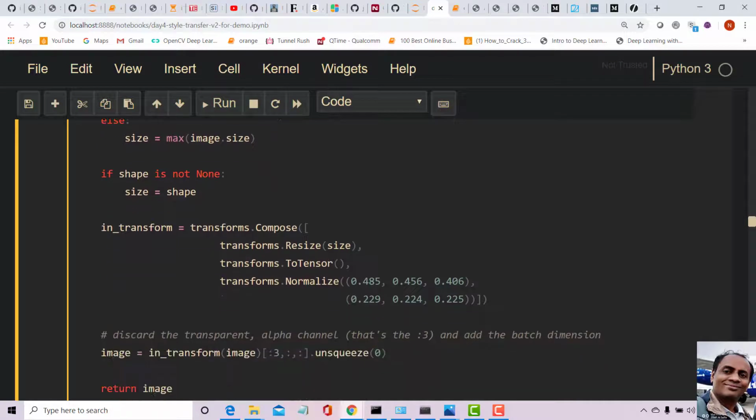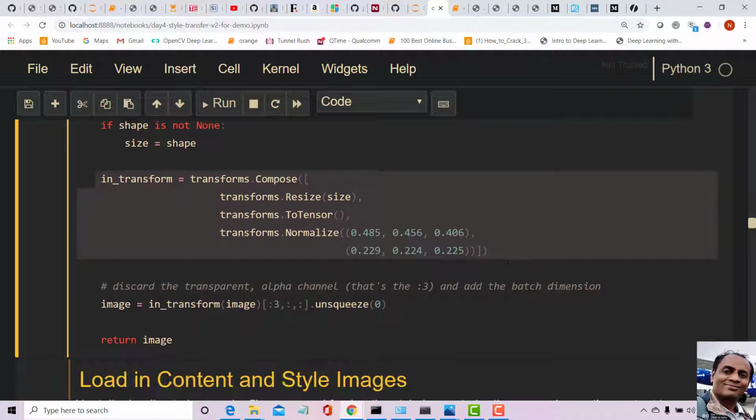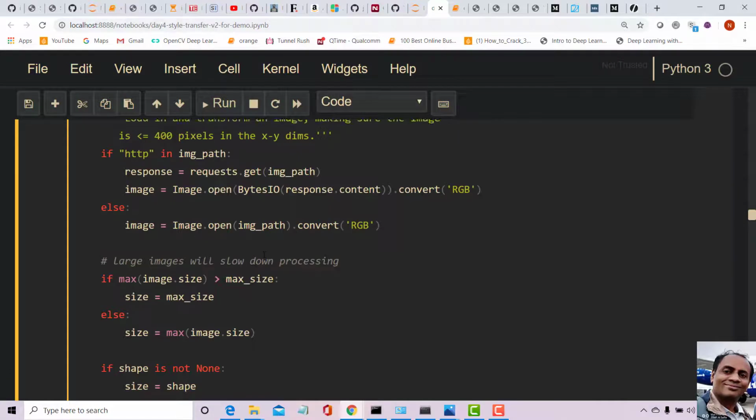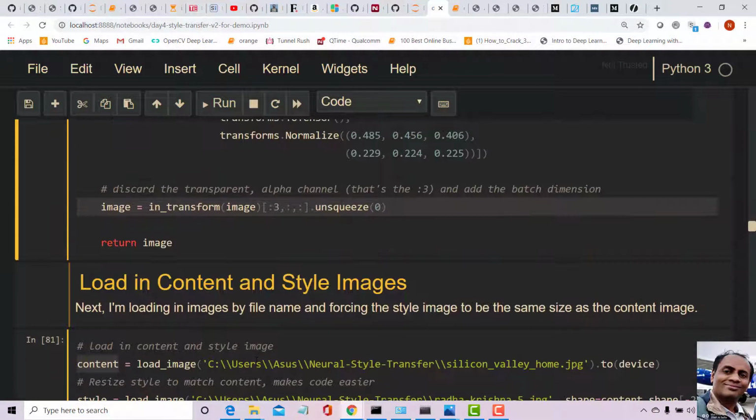Now we are going to do the transform on the image, which is going to resize it to one size. Then it's going to convert it to tensors, because we are going to need tensors, not numbers as in a NumPy array or whatever. Then we need to normalize the image by calling this. All these three things are done here. And of course we need to rearrange the dimensions of the image, because the image's dimensions will be different here.